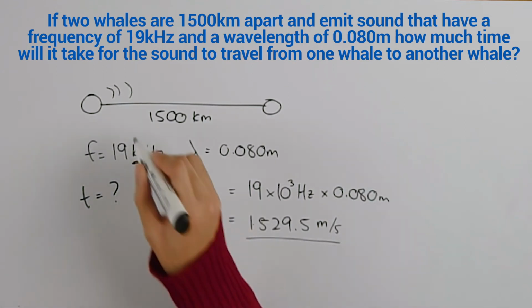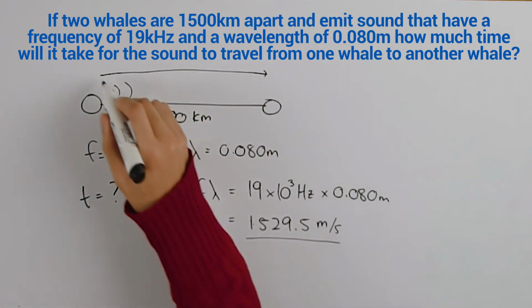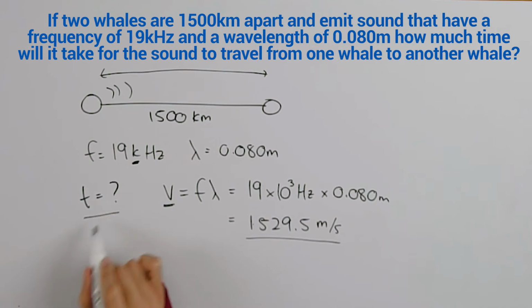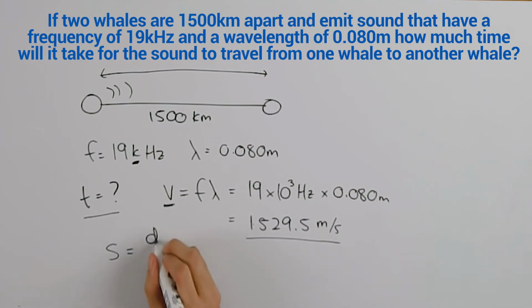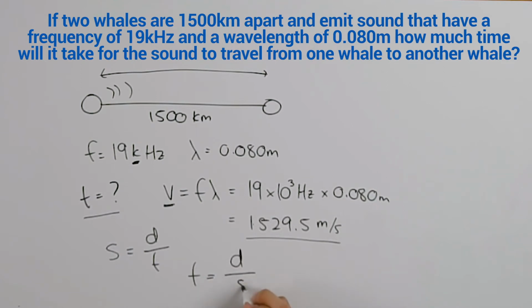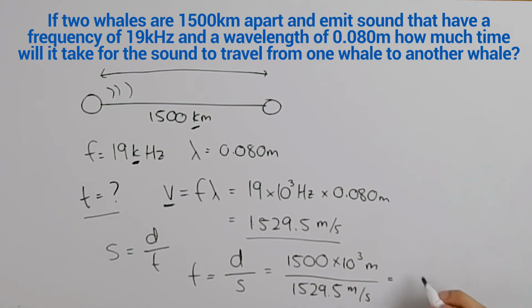So now we have a velocity, 1529.5 meters per second. We have a distance, it needs to travel 1500 kilometers, and we need to work out a time. Hopefully you guys can figure out that this is a simple application of the speed equals distance over time formula, which means the time taken is going to be the distance divided by the speed. So the distance is 1500 kilometers. Now be careful, again, kilometers is not meters, so we're going to put a times 10 to the 3 to represent the kilometers to put this into meters, and we're going to divide this by the speed in meters per second, and this will give us the answer of